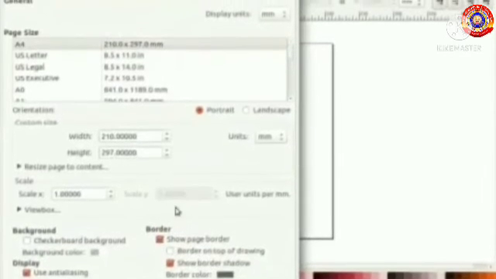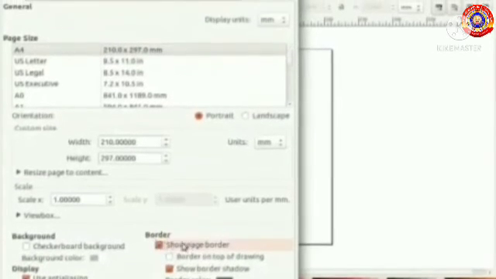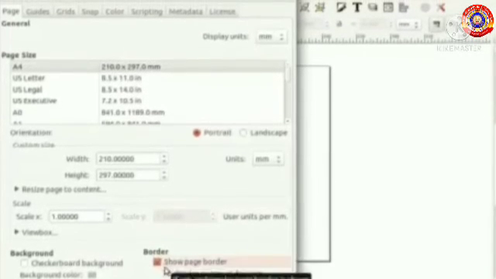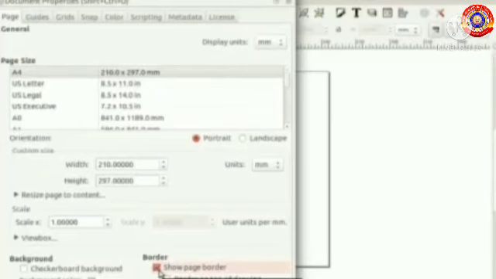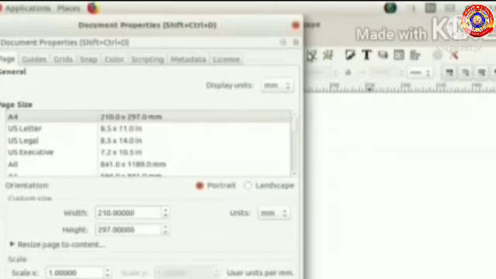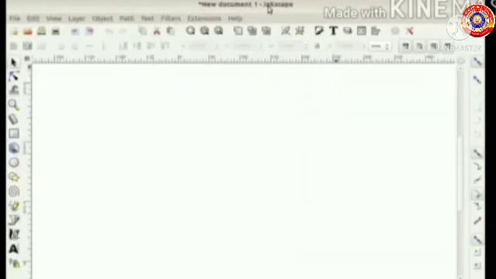The option Show Page Border is enabled here. We want to disable this option to remove the border. So click on this tick. See, the tick mark is off now. Now close this window. See, our page border is removed and we got enough space for our work.